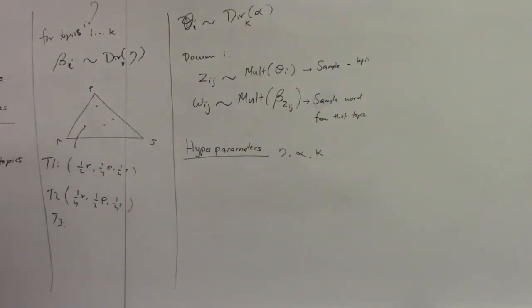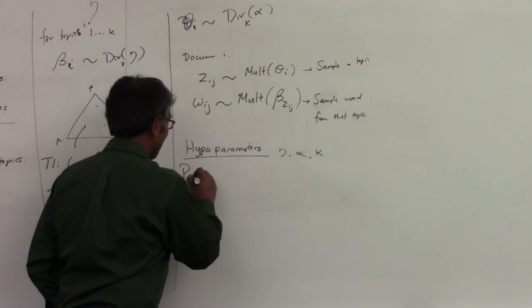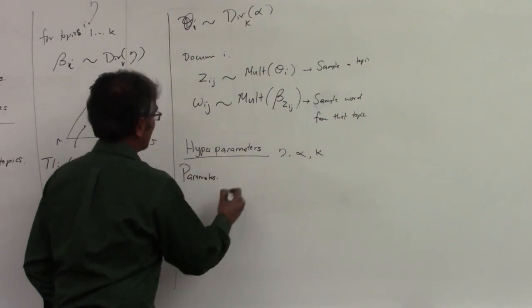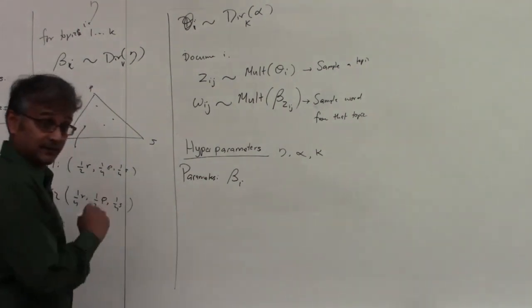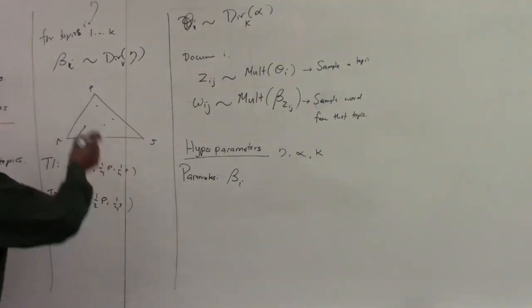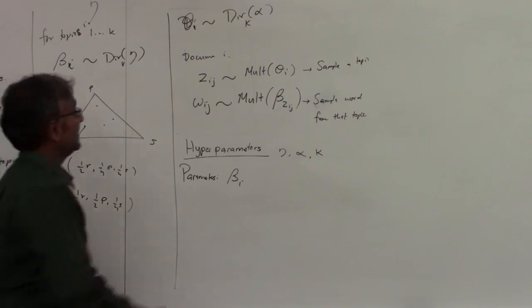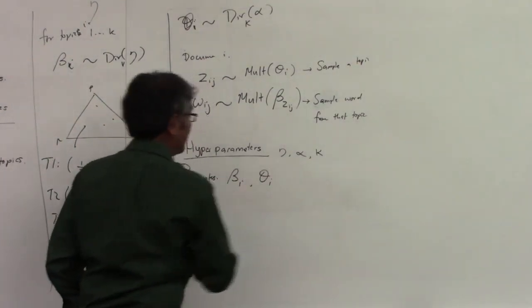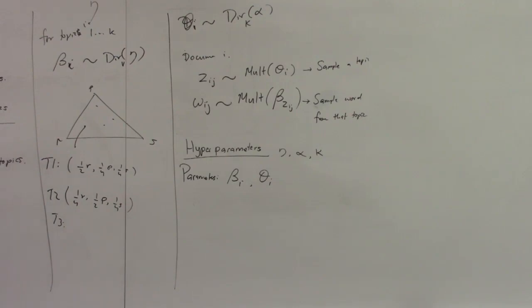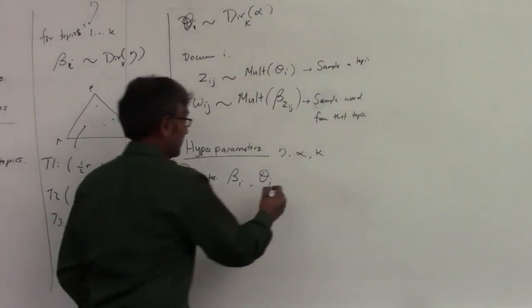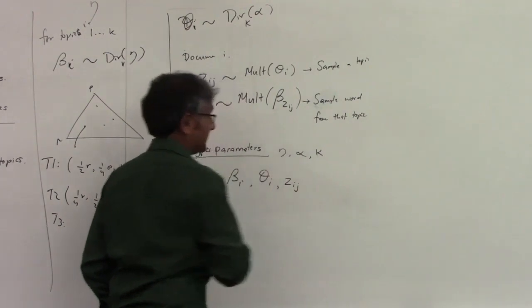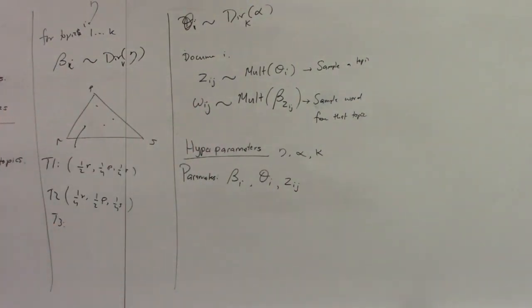What are the parameters of the system? The parameters actually generate the system. Well, it's all the beta i's, which is basically a matrix, because each beta i is a V-dimensional vector, or V-dimensional tuple, since I was schooled for saying that I shouldn't say that myself. Tuple, and there are K of them, so it's a K cross V matrix. There are also theta i, which are the parameters for the documents, and there's also the z_ij's, which are the topic parameters.